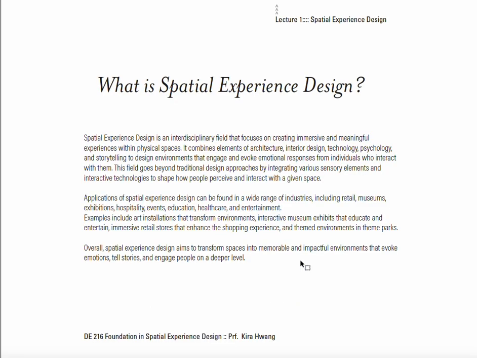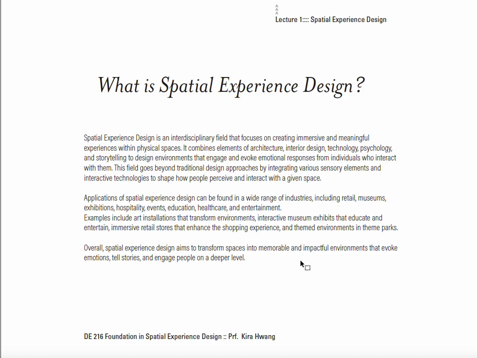So, what is spatial experience design? Spatial experience design is an interdisciplinary field that focuses on creating immersive and meaningful experiences within physical spaces. I'm not going to read all this because it's very long. So we're mostly focusing on physical spaces nowadays.